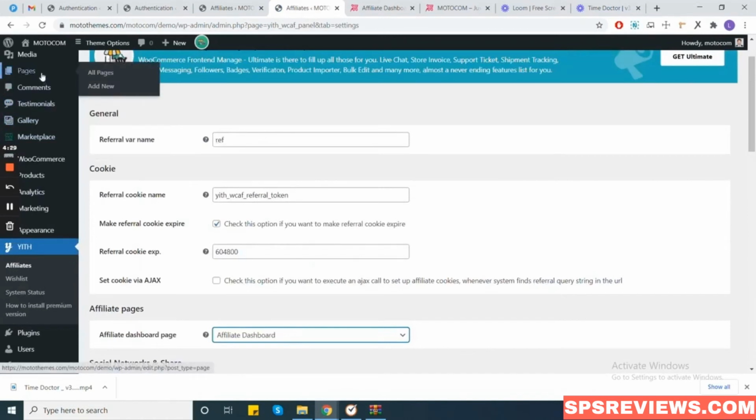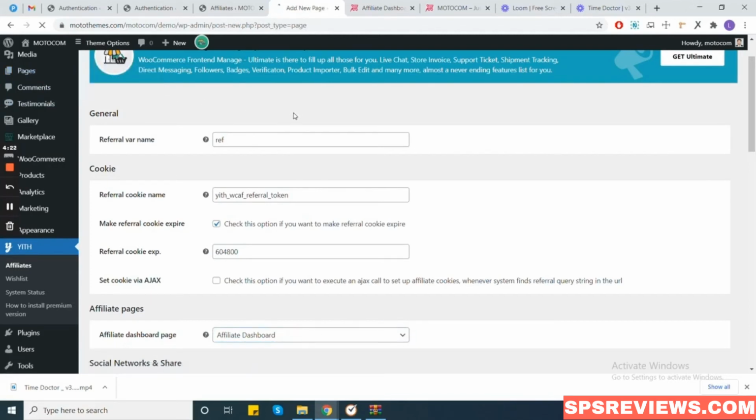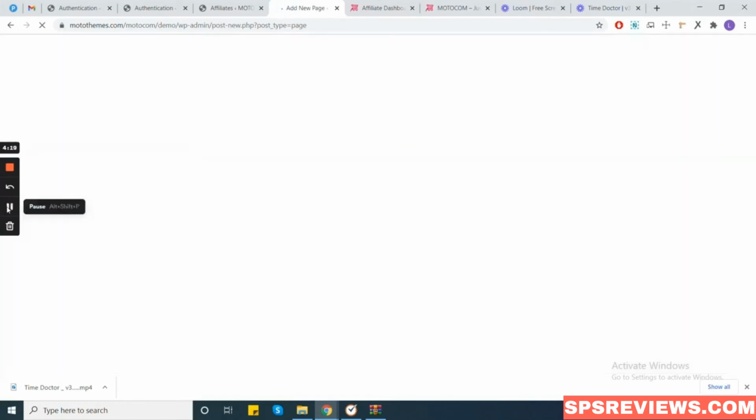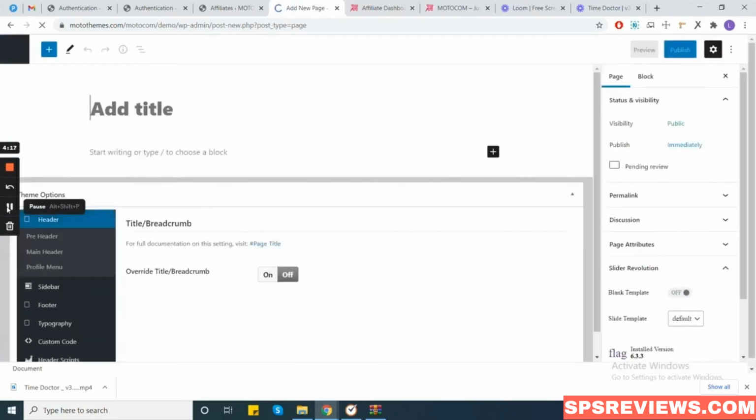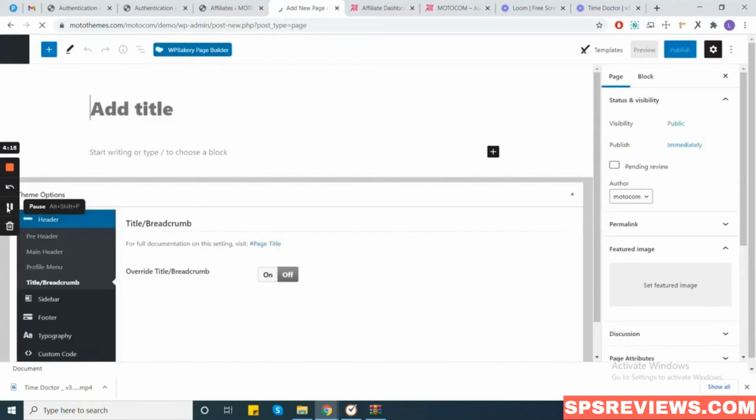So we will go to the pages tab, add new page, and type affiliate dashboard to create the page.